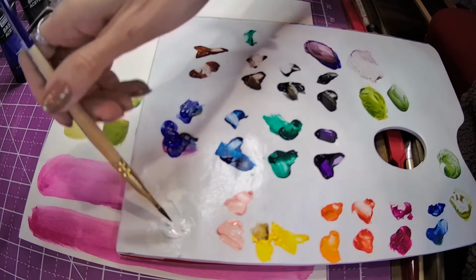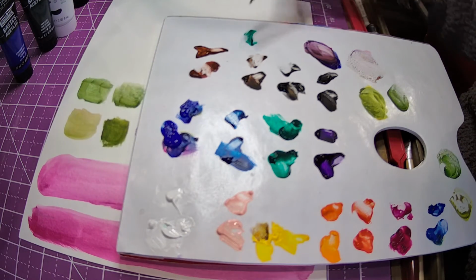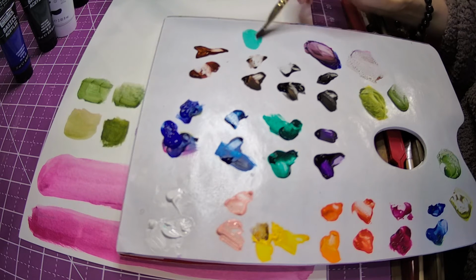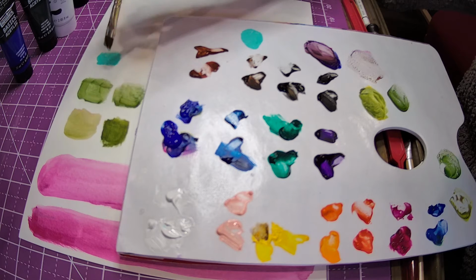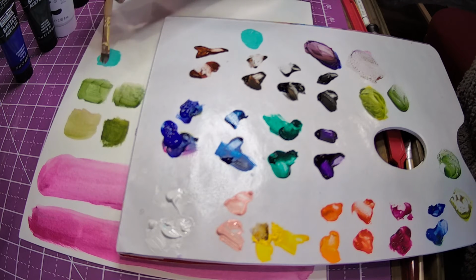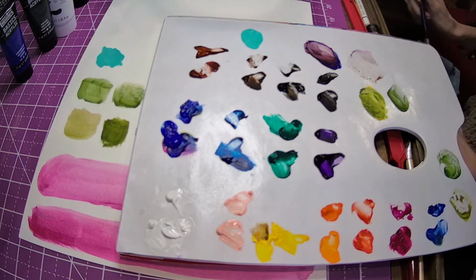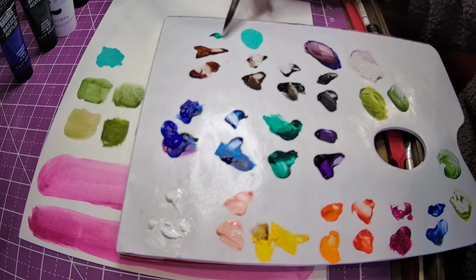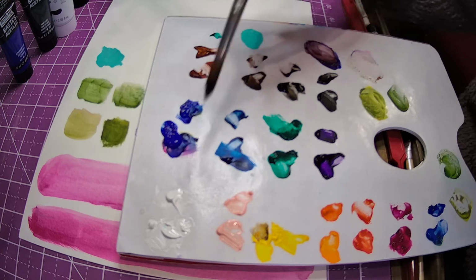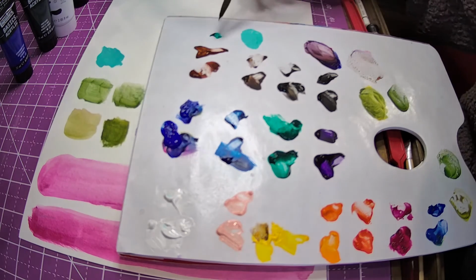I'm going to take a little bit, like a little bit more than half. I'm going to make this nice green. Do the same and take a little bit. And